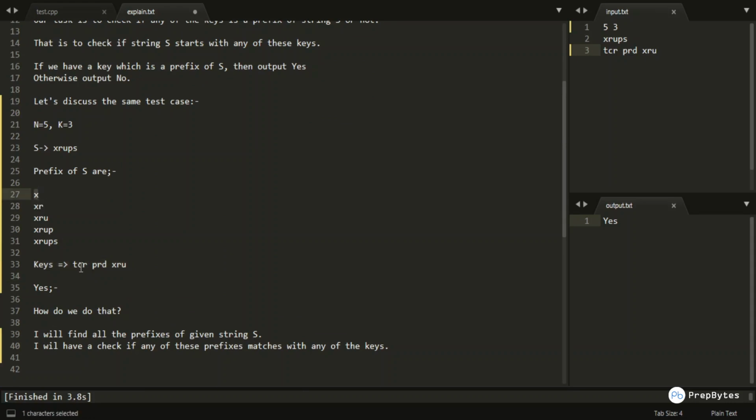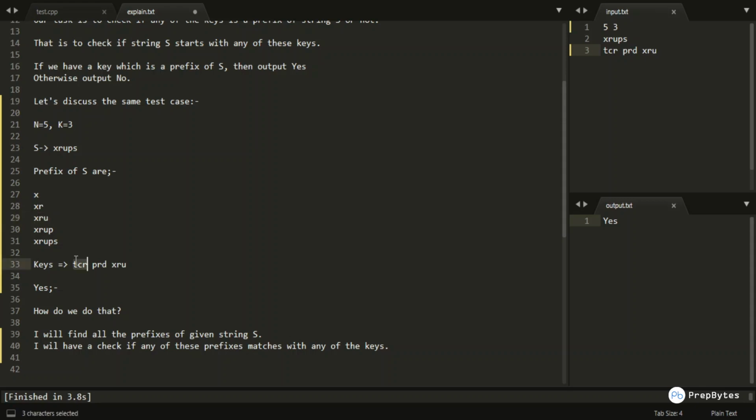So for x we will check if x equals tcr, if x equals prd, if x equals xru. No. For the next prefix, we will check if xr equals tcr, prd, xru. Because we didn't find the answer yet, we will check the xru prefix.